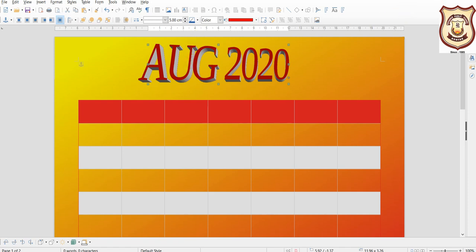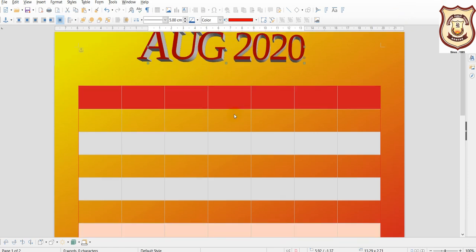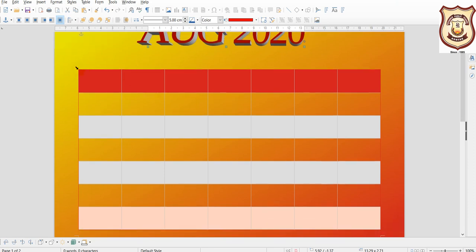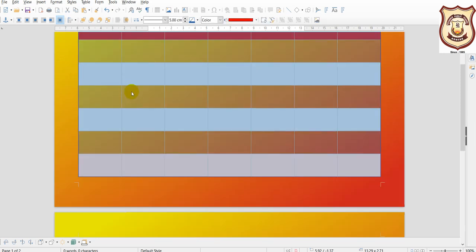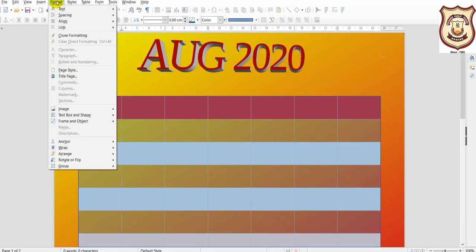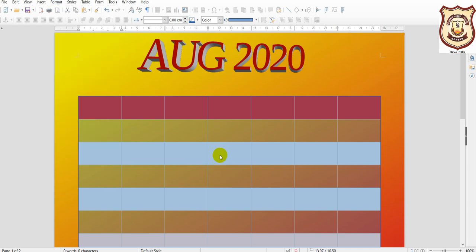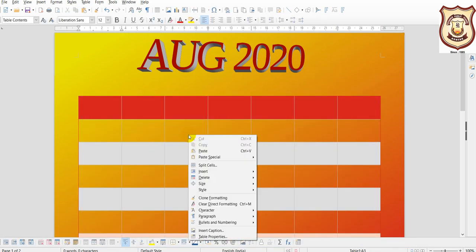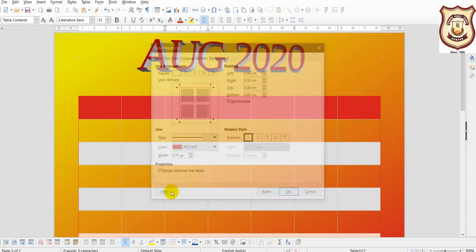Fine. So after setting it, what we will do, we will select this table again, rather we should go here and, no need to select it actually, right click and go to Table Properties.